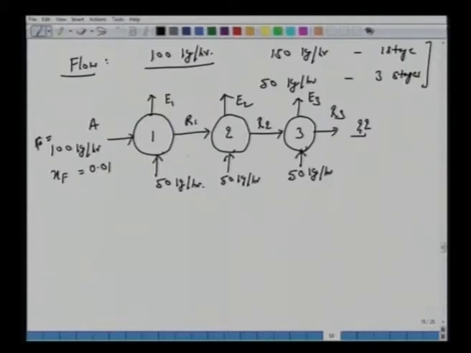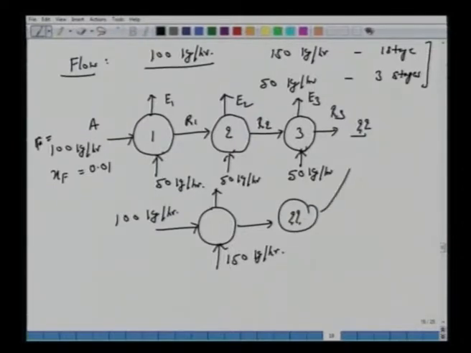Right, so the idea is the same whether you have 3 stages or you do it 3 times. And of course we will compare this with just one stage where I bring it like this, and treat with 150 kg per hour. So same feed, 100 kg per hour, brought in contact with this. We would like to compare these concentrations with these concentrations. Okay, so let's start. Say the feed is 0.01. As we said, we should work on a solute free basis. So X prime is 1%. So this is 1 over 100 minus 1. So this number is 0.0101.